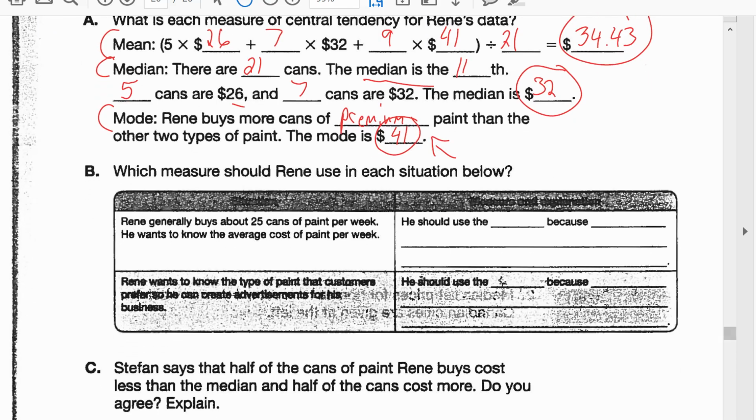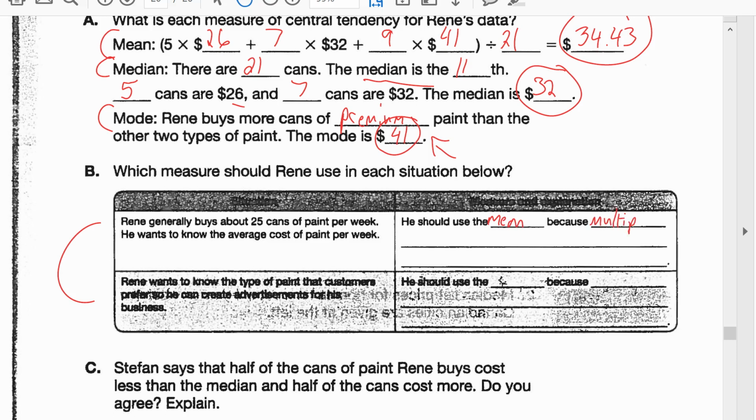So B, which measure should he use in each situation? So these are the situations on the left here. Rene generally buys about 25 cans of paint per week. He wants to know the average cost of paint. So he should definitely use the mean to figure that one out, because